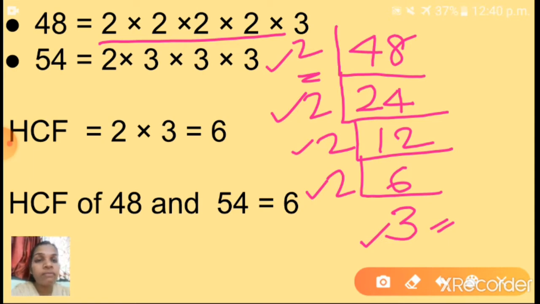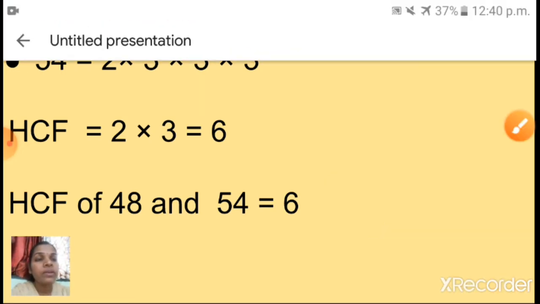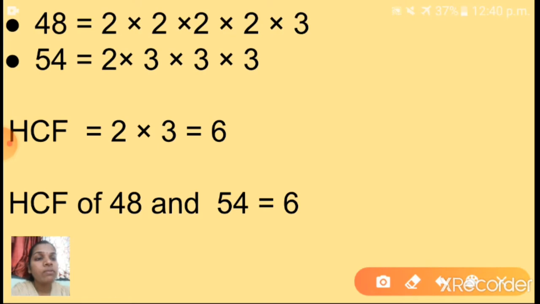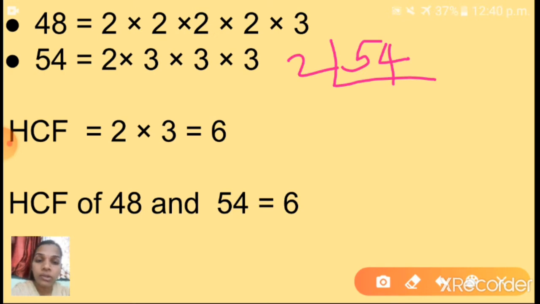Yes, prime factors of 54 we have to find. Are you ready? Shall we start now? Children, this thing you have to write in your notebook. Okay. Next one is 54. Yes, 54 is even number. So we can completely divide by 2. So as I told, that smallest prime number only we have to use first. Okay. So 54, how many 2's are there? 2 2's are 4. Remainder 1. So that 1 will go here. So it will become 14. So 14, how many 2's are there? Very good. 7 2's are there.